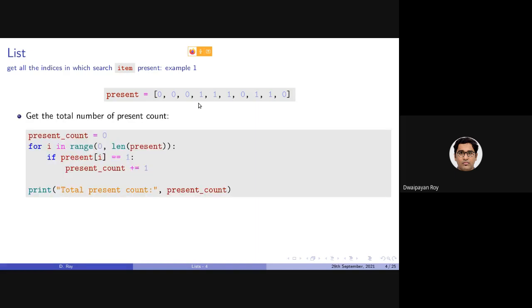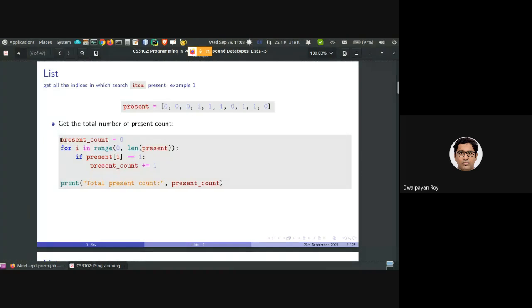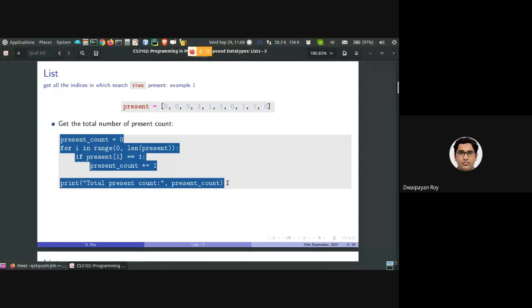With a code snippet like this, we will get how many days the student was present. But what if I want to get all the locations? So let's try to do that. To save some time, let's copy this.